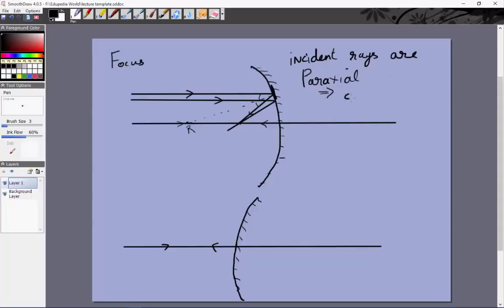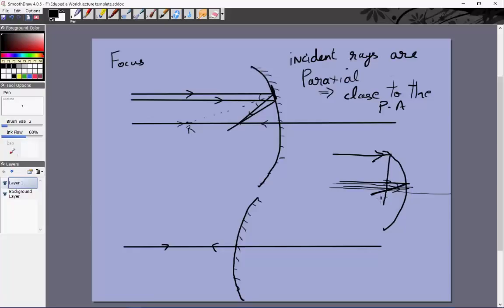Paraxial means they are close to the principal axis. What that basically means is, if this is a true spherical mirror, then we will only be considering rays going like this and like this and like this. They'll all intersect at the same point. We'll not consider a ray going like this. It might just fall down somewhere like this, and it will not intersect at the same point,